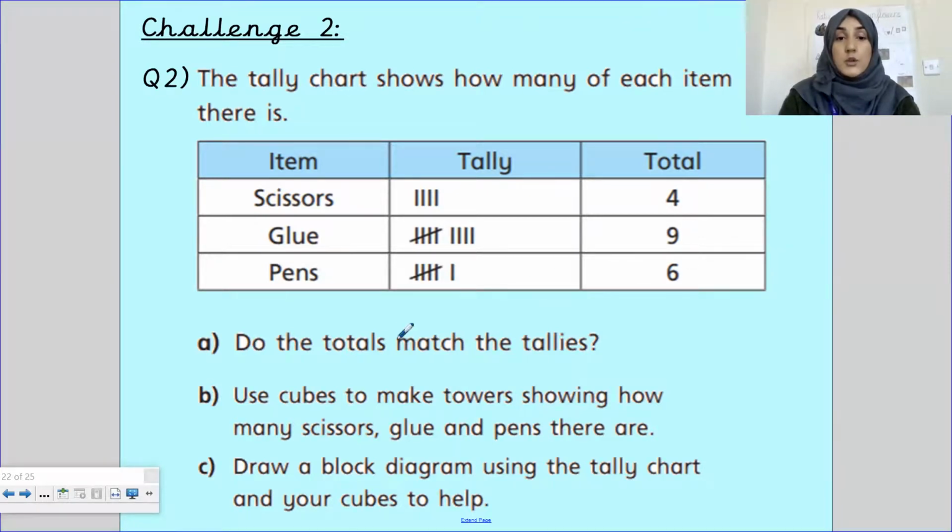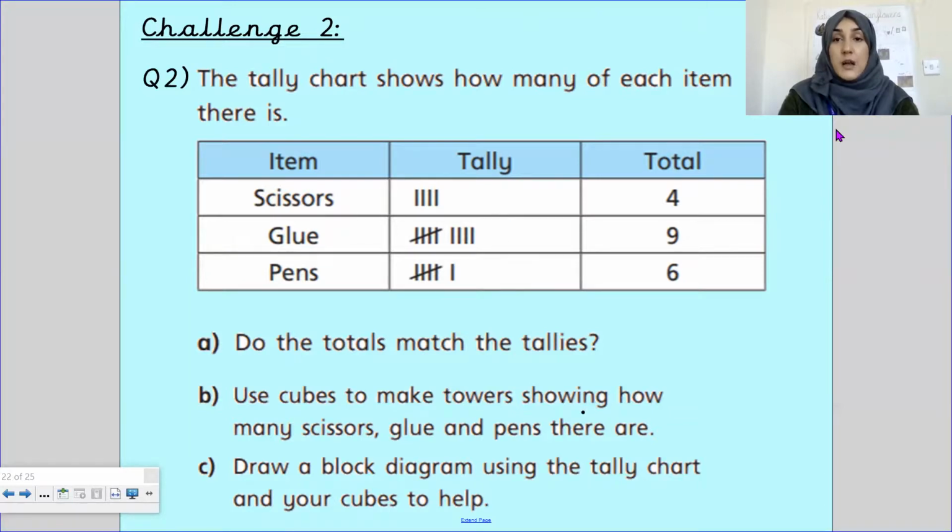Now, do the totals match the tallies? Now, it says 4. Is that 4 tally marks? Put a tick or fix it. Now, this says 9. Is there 9 tally marks here? Just double check. Someone's trying to trick you. And are there 6 tally marks here for pens? Oh, count again. Okay, now it says use cubes to make towers showing how many scissors, how many glues and